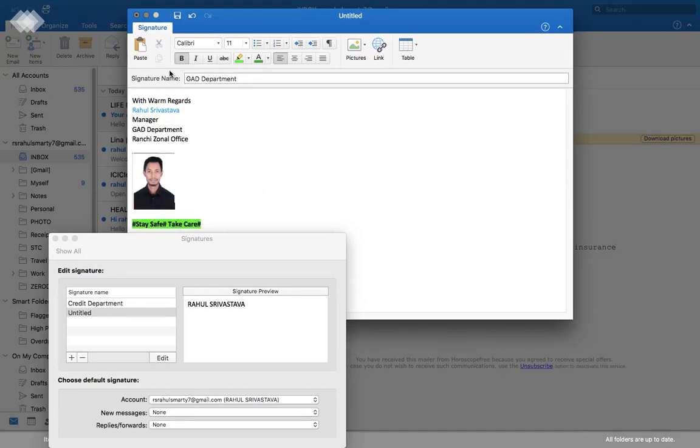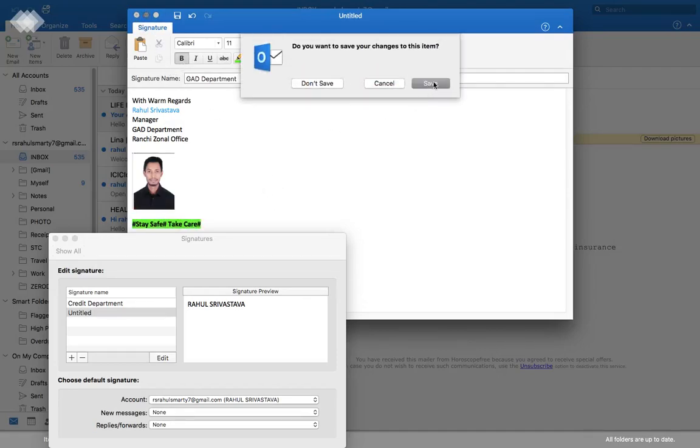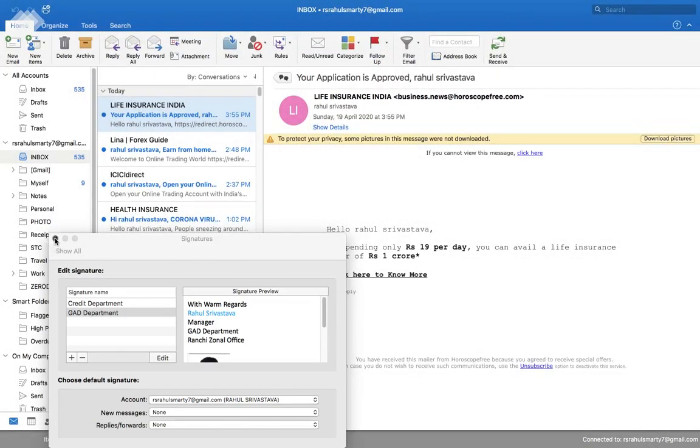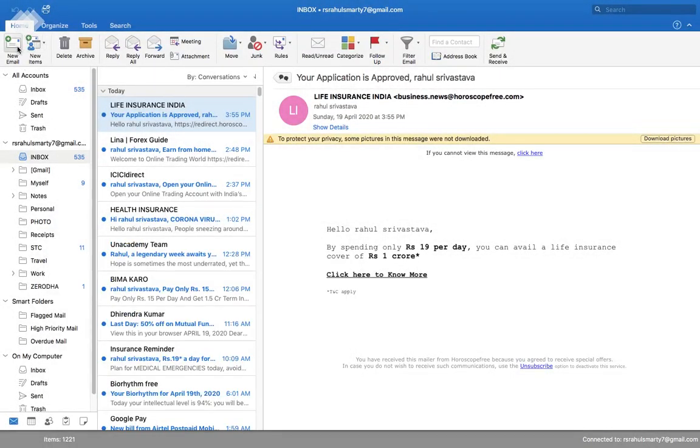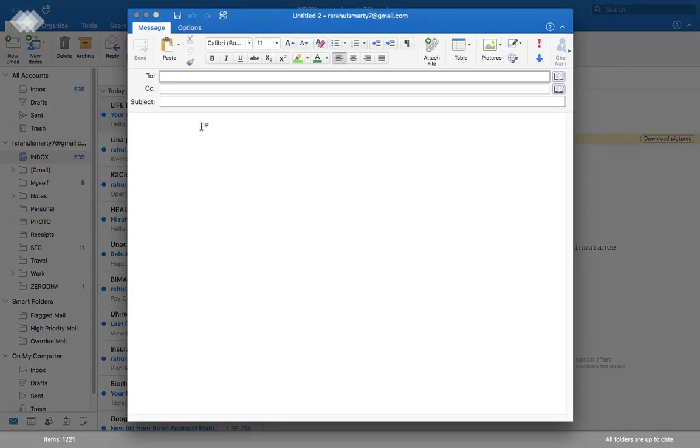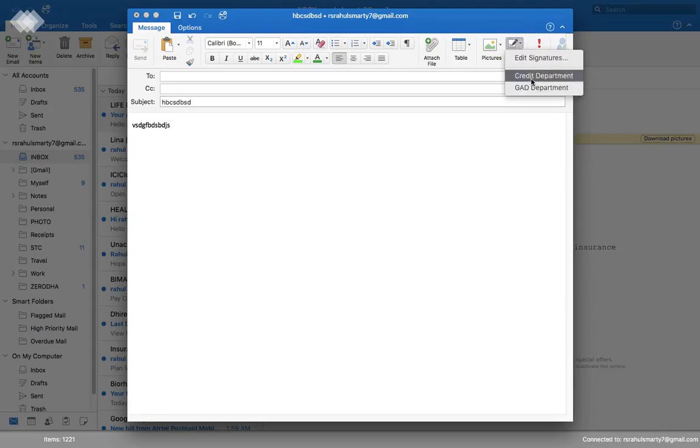Now again I will save these changes that I have made, and now whenever I go to a new email, suppose I'll write my body over here, I'll write my subject over here, and now suppose I am sending it through credit department, then I have to do nothing, but simply go to this signature option, and select here credit department, and as soon as you select credit department, this automatically comes.